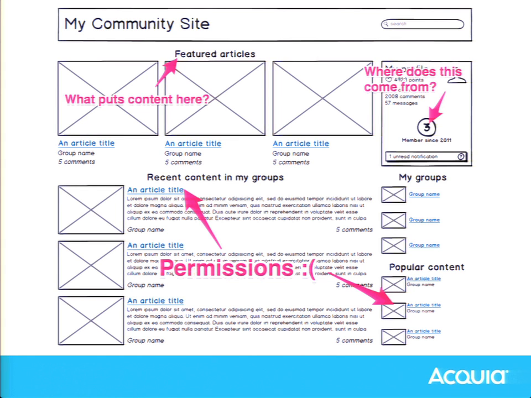And this is why you have to have these discussions early, because a stakeholder might say early on, it's okay, if it's private content, we don't put it in the popular content block. And then that's a simple discussion. But if they say, no, it's absolutely vital that popular content from private groups show up for all users, then your cache strategy for this block is going to change.